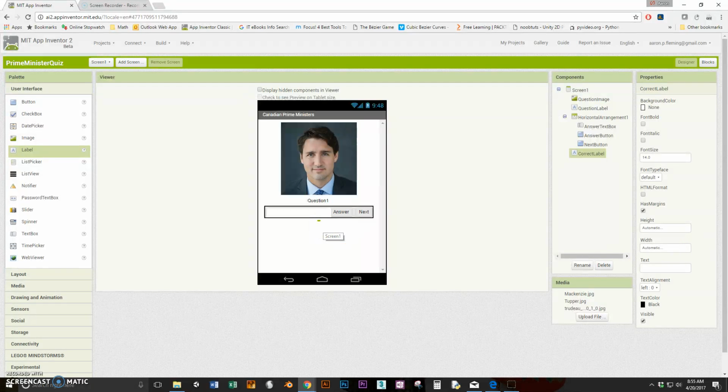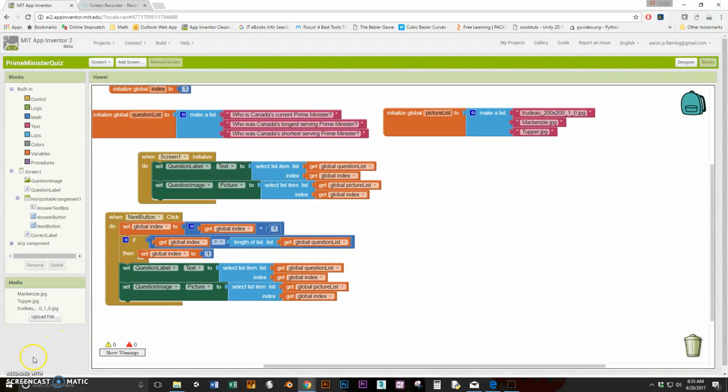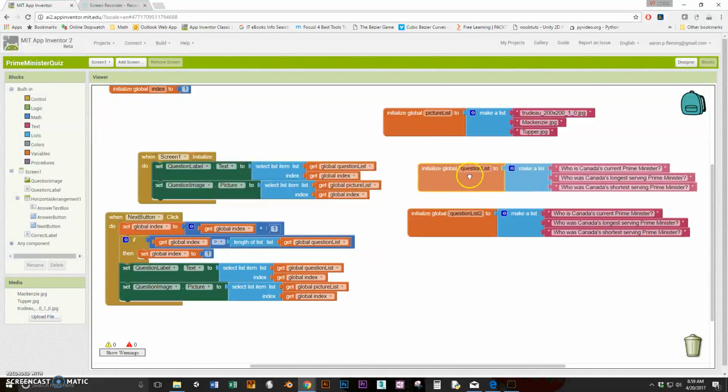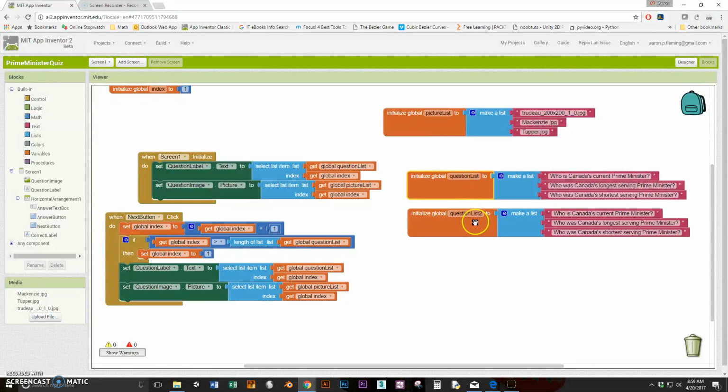All right, let's go check out the blocks here. So first thing we need to do is set up another list that corresponds to the original list that we have, and this will be our answer list. So I'm simply going to copy this one, and I'll just bring it over here. Maybe I'll just bring this one just below it so that we are above it, and this will be our answer list. So I'll just change the name here,